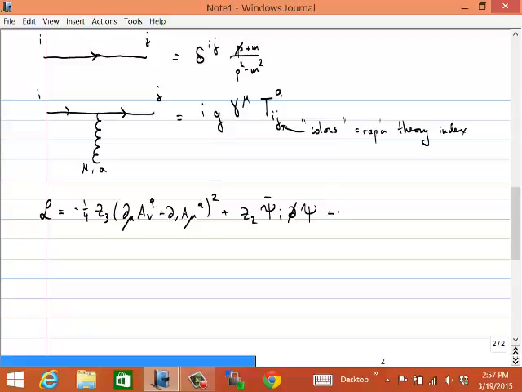And then there was a coupling constant renormalization that we called Z1. So this is what the